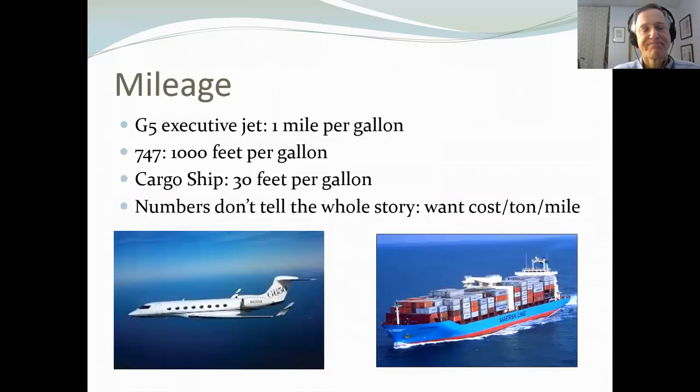Okay, this is just some little factoids on the efficiency of transport. So when your favorite movie star flies from Australia to get an environmental award, he's getting 1 mile per gallon on his G5, on his Gulfstream, okay? And I worked at a place often, we had a shortage of parts, and they were flying 747s from Japan to bring parts over on time. And there you get 1,000 feet per gallon, and then cargo ships, which are very, very efficient, as are trains and trucks too.